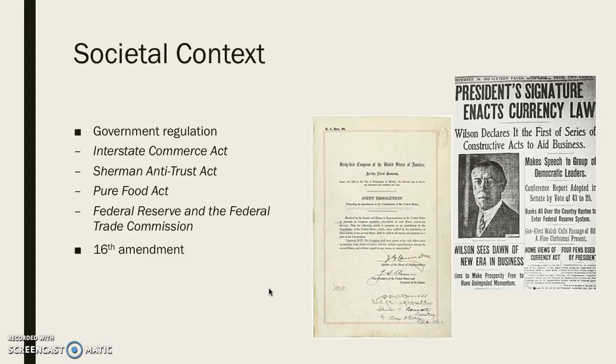But there was a financial crisis in 1873 and 1907, which was caused by speculation and unregulated capitalism. This caused the government to regulate more things by introducing different laws, such as the Interstate Commerce Act, the Sherman Antitrust Act, the Pure Food Act, the Federal Reserve, and the Federal Trade Commission. We also are introduced to the 16th Amendment, which introduced the income tax. And this leads to the expansion of philanthropic foundations, which become useful in supporting research in several other areas in